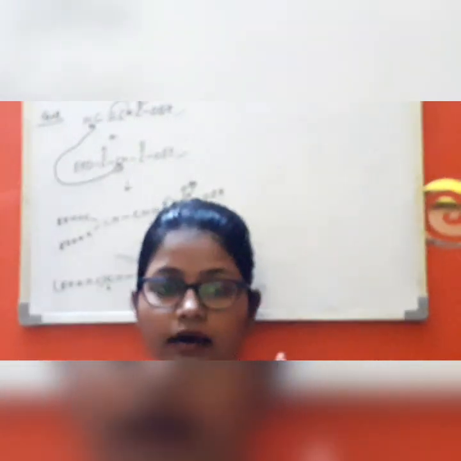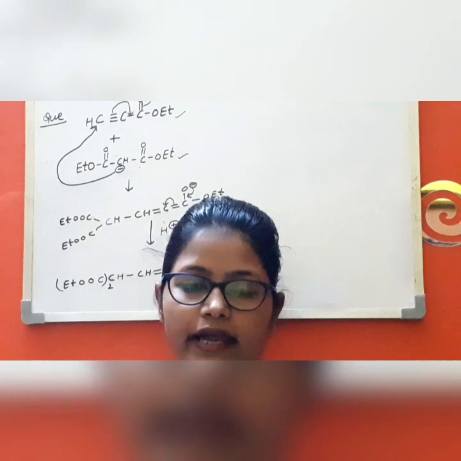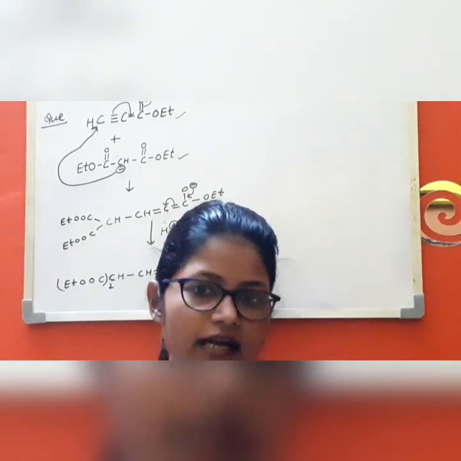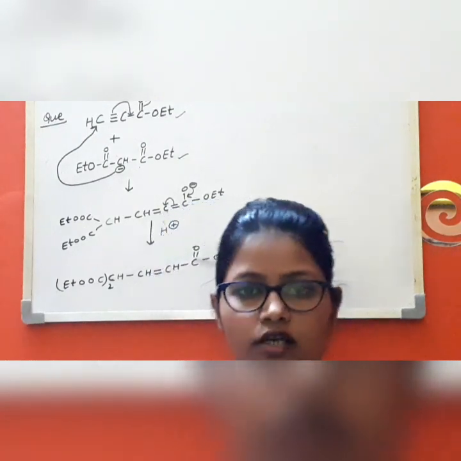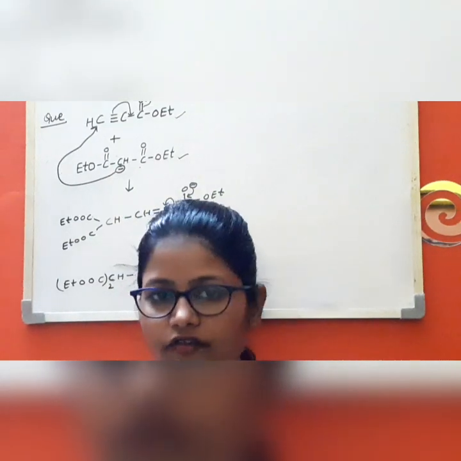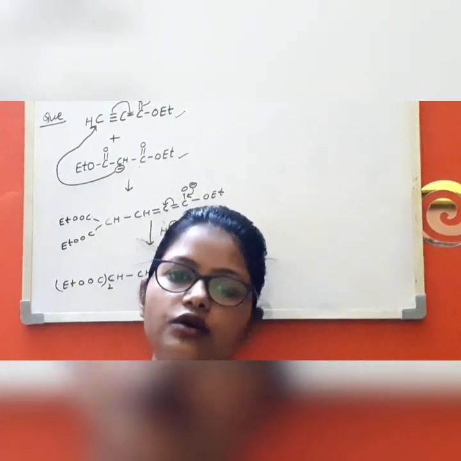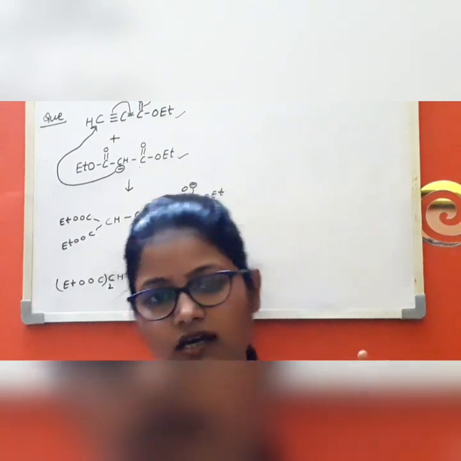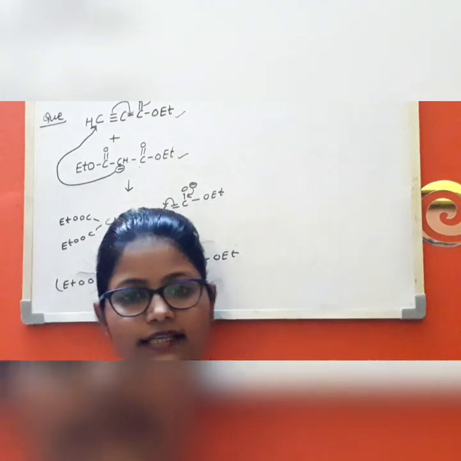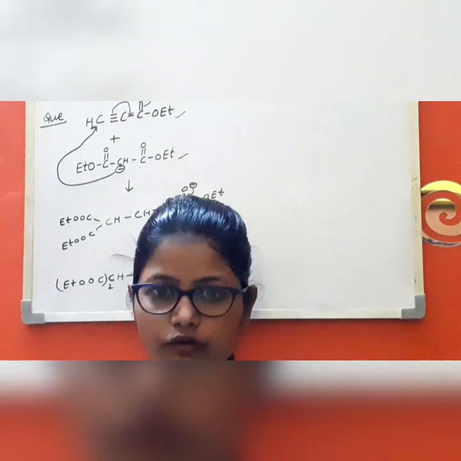Alright? Let me recall all the things: in the Michael reaction, two criteria are important. First one is the Michael acceptor and Michael donor, and the second one is the base. So in the presence of base, the active methylene group will generate the nucleophile, and that nucleophile is going to attack the alpha beta unsaturated compound. So that's all for today, and in the next video I will come with some new name reactions.